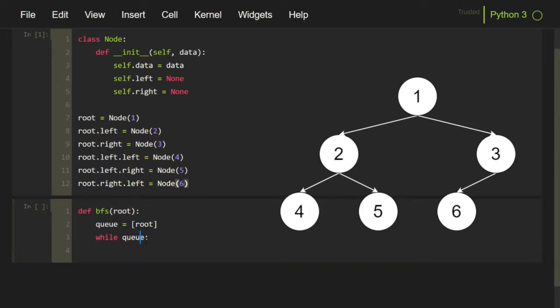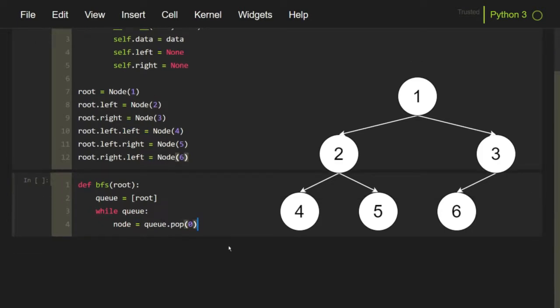In Python, when we pass an iterable inside the if condition or the while condition like this, the condition will become true when the iterable is non-empty, and it will become false when the iterable is empty. So initially the queue is not empty, so this will initially become true, and inside the while loop we need to extract the first element of the queue. So we will use queue.pop(0) so that we can extract the first node, as well as remove the first node from the queue, so that this while condition will become false eventually.